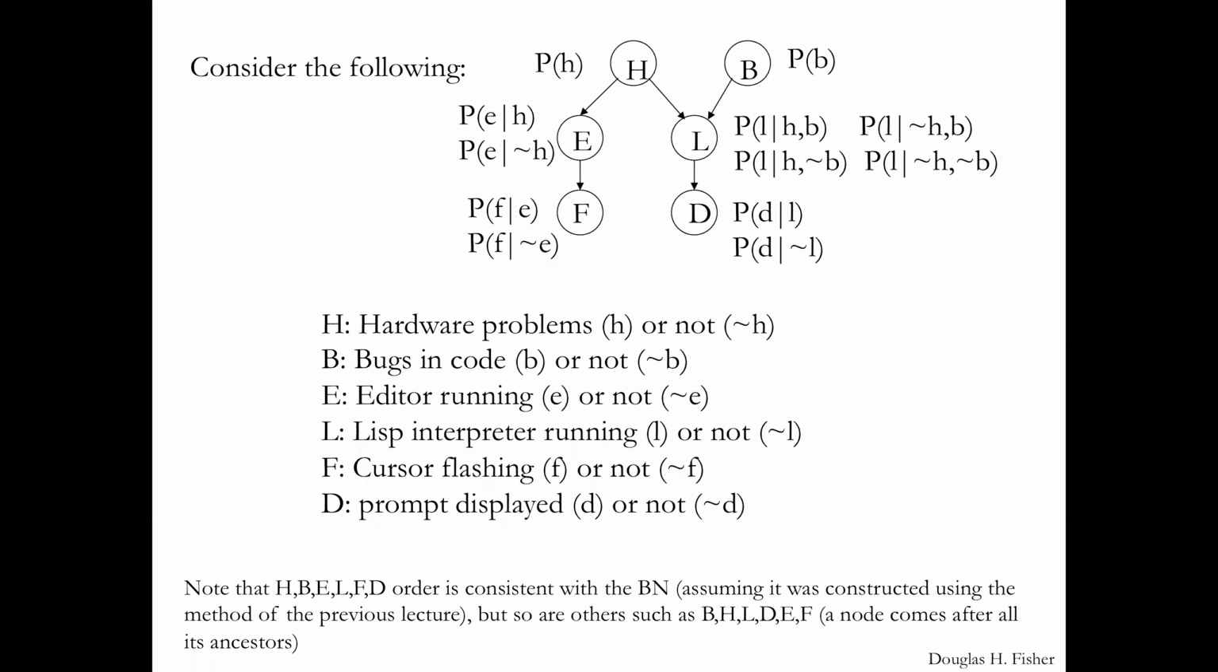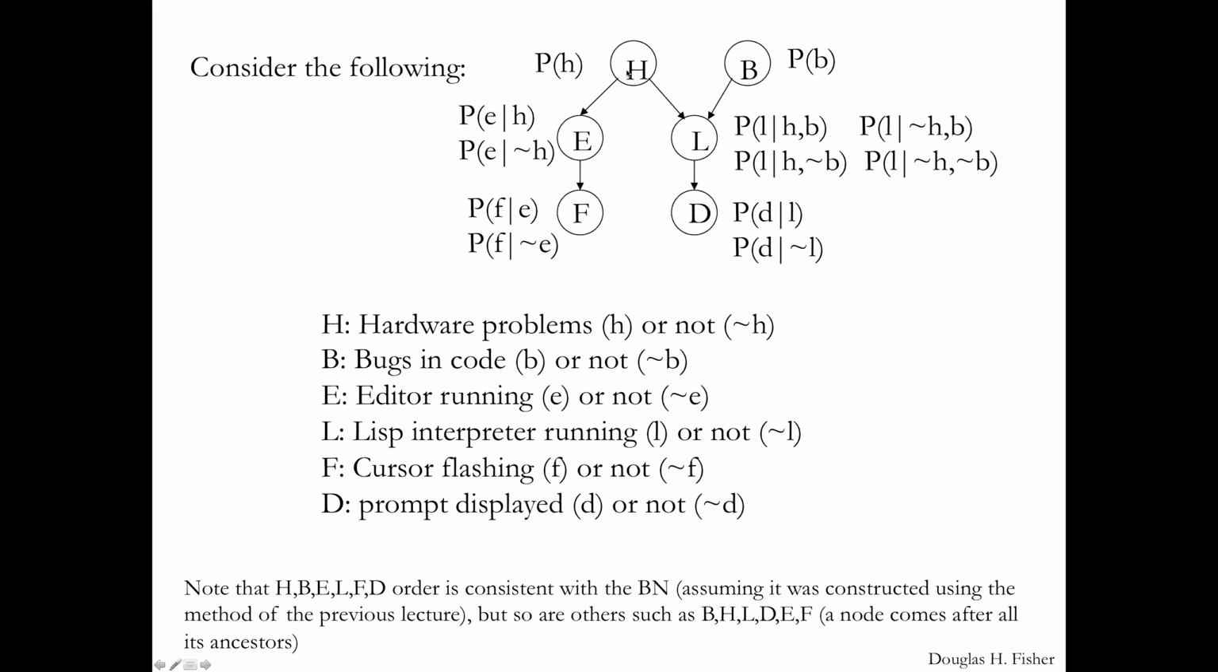It's a debugging domain, a diagnostic domain in which we're dealing with hardware problems and bugs in code. These would be reasons for certain symptoms of malfunctioning. And then we've got some indicators that are symptoms of the malfunctioning. This network up here is encoding certain conditional independence constraints. So